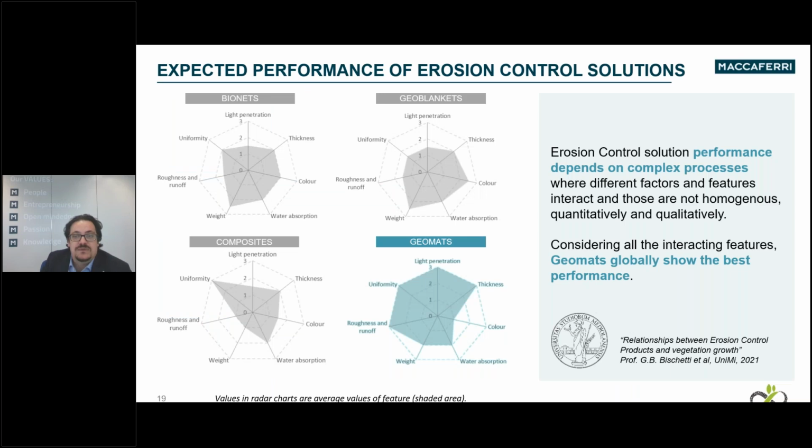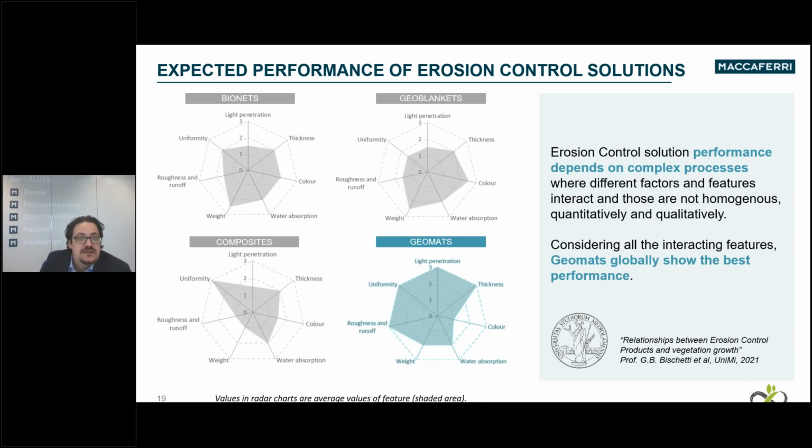For all those families, the university study underlines the behaviors related to the performance related to the vegetation growing. And as you can see in this spider graph, for every single product, you get some good behavior and some other ones. As you can see, the family with the best performance is the family of the geomat that guarantee